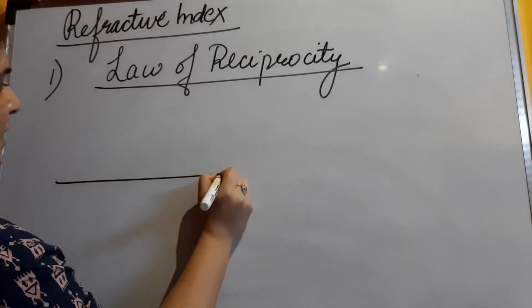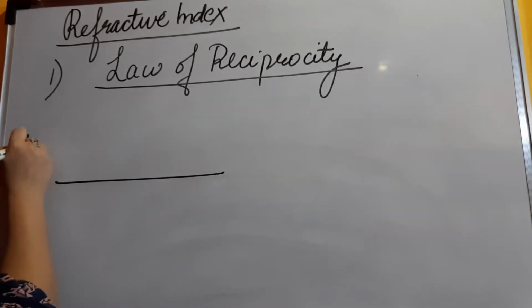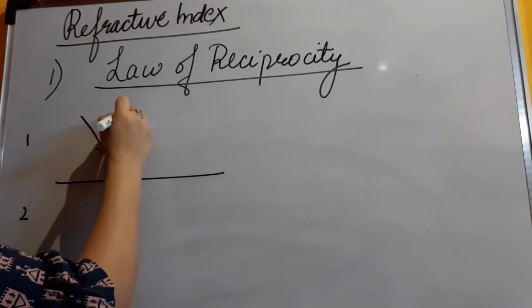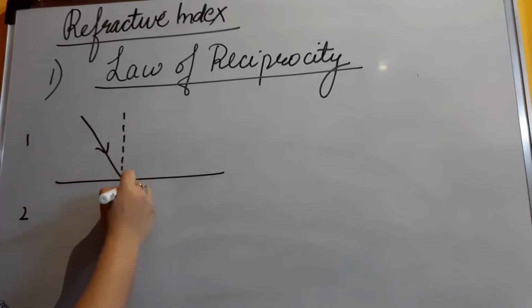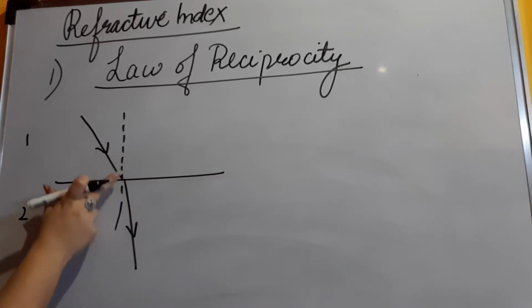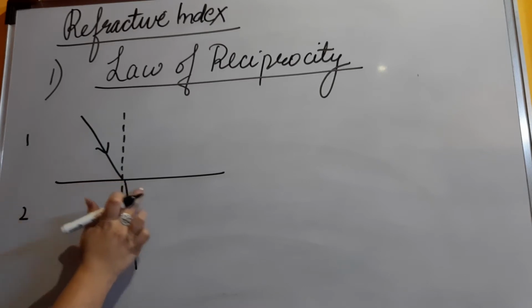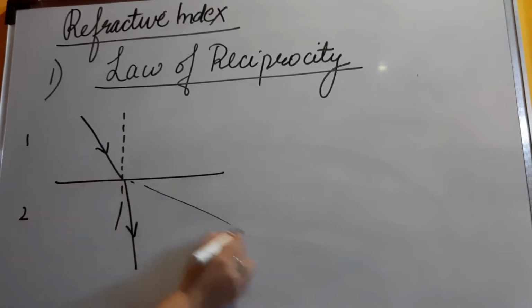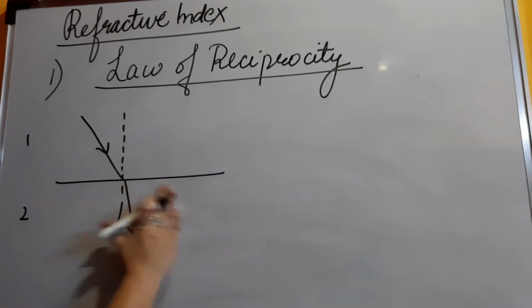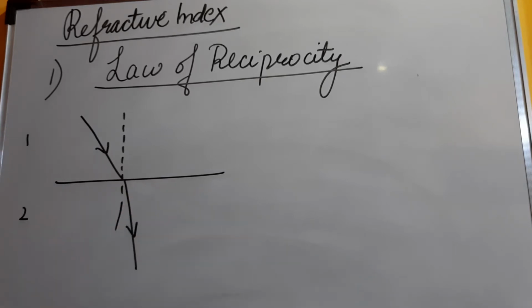Now suppose there are two mediums. This is medium 1, this is medium 2. Light ray enters from medium 1 and goes towards medium 2. So if you can see in the diagram, this 2 is denser medium because it is moving towards the normal. If it would have gone this way, it would have been a rarer medium. Okay, so this is what we have, medium 1 and medium 2 over here.